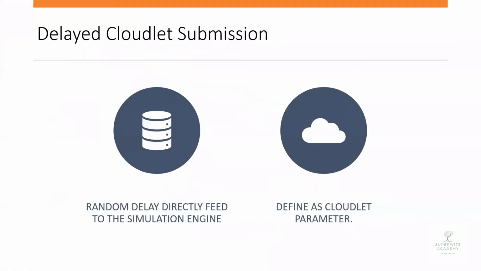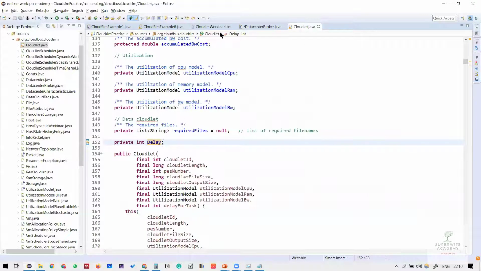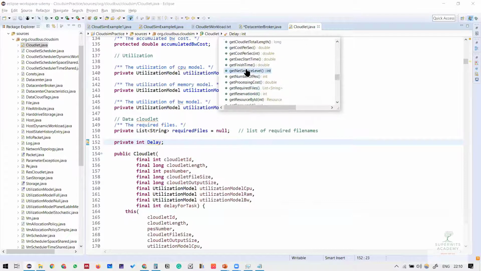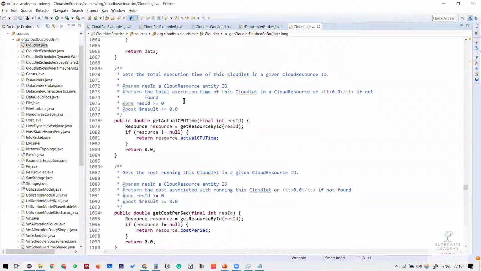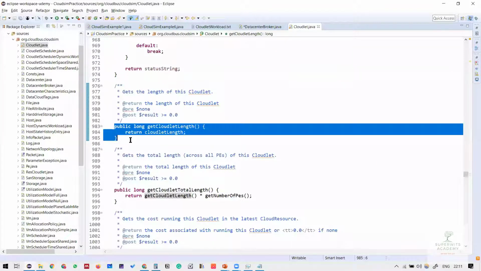I'm sorry, there's one more thing I have to do, and that is within cloudlet, I have to define a get method, similar to what we have for the others, like get length. Let me take you to the length first, finish time, cost. Similar to this, I just make a copy of this for you.